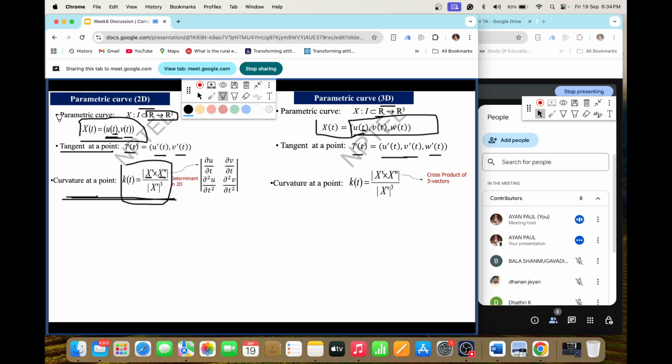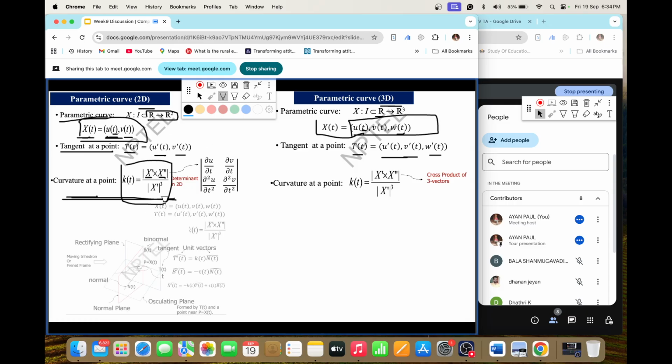So what we understand from the parametric curve is that this is nothing but a point x(t) given by u(t), v(t). Similarly, a 3D curve means only one coordinate is extra. Here we have only u, v; there u, v, w. That is the only difference. And why parametric? Because we are using the parameter t, that is why u is written as a function of t. Similarly, v is written as a function of t. Then the tangent is a single differentiation, x'(t), which is very easy: u'(t), v'(t). And then you have the curvature given by this equation.